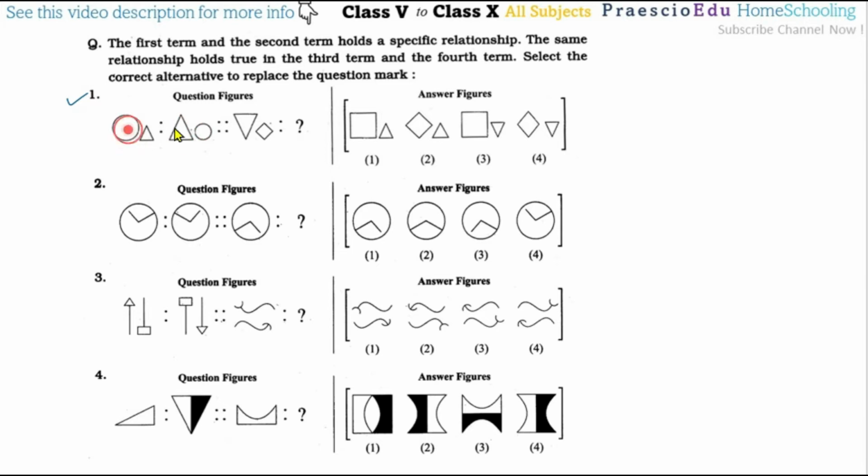If we compare between 1 and 2, this circle is exchanging with the figure of this one, but the first figure is always the bigger one and then the smaller one. So like this, this one takes this position and it comes here, so this figure will be first but the bigger one, and this is shown here. The triangle is like this one, here the triangle has different directions, so option number 4 is the correct one.